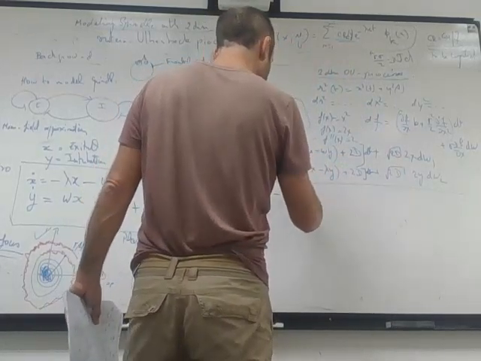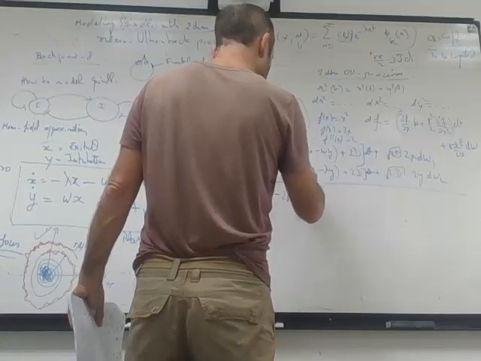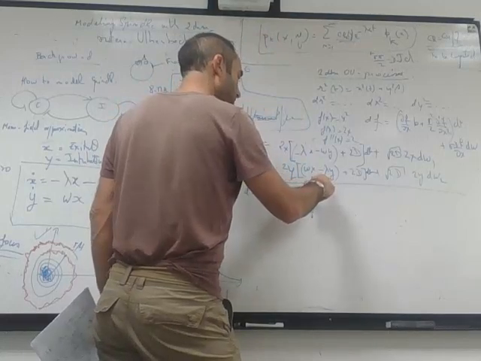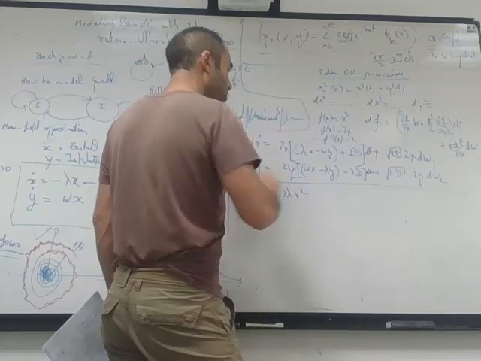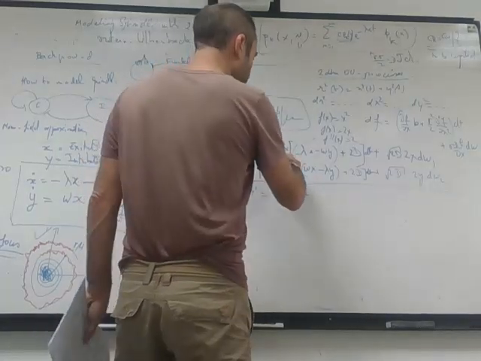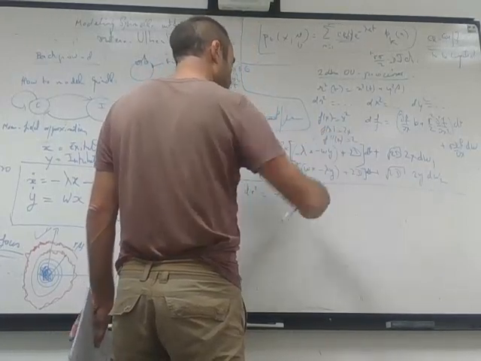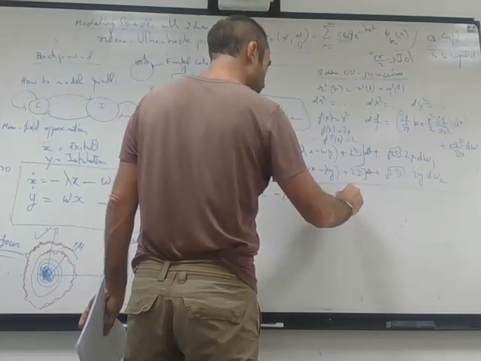So here I have lambda. I have the factor 2. X squared plus y squared coming from here with a minus. So it's exactly r squared. I have 2x with a minus and 2x with a plus, so this is 0. So I'm left with 4xd